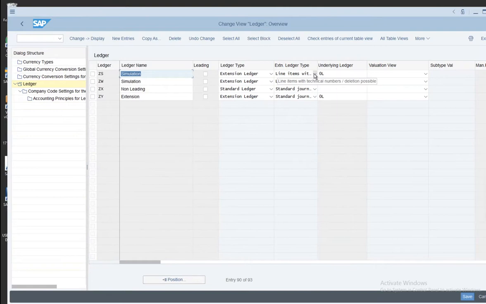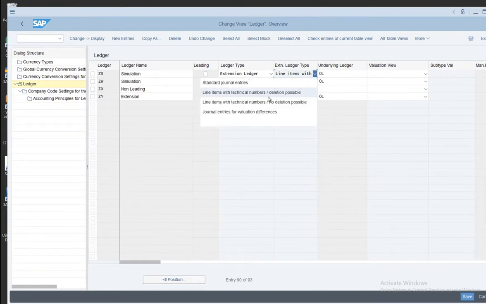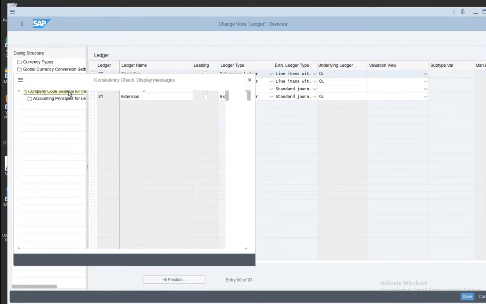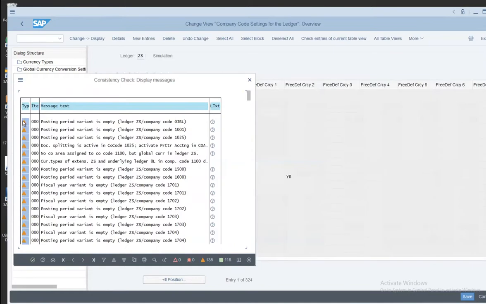So this is a setting we discussed just a few minutes before. All these are warning messages you can ignore.